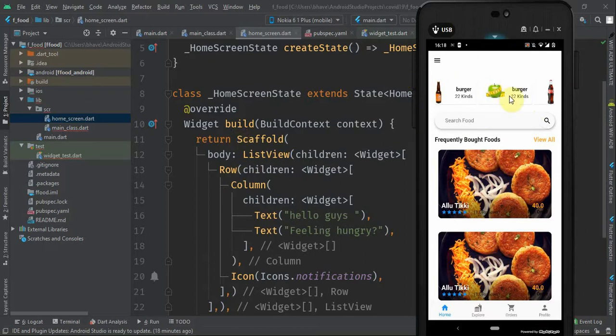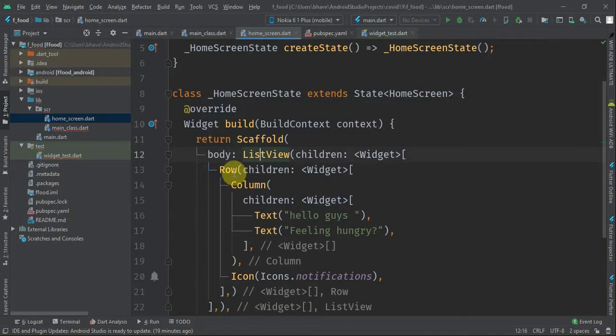So what I did is, for example, here actually, "Hey guys, feeling hungry," and there should be a notification bell. Actually I have deleted that, but in the actual UI that thing is present. So definitely we will code the actual UI, because this app is right now in running mode, and I'm building payment gateways and all that. So we will design according to the actual UI, right? In the actual UI, there is a text saying "Hey guys, feeling hungry," and there is a notification bell here.